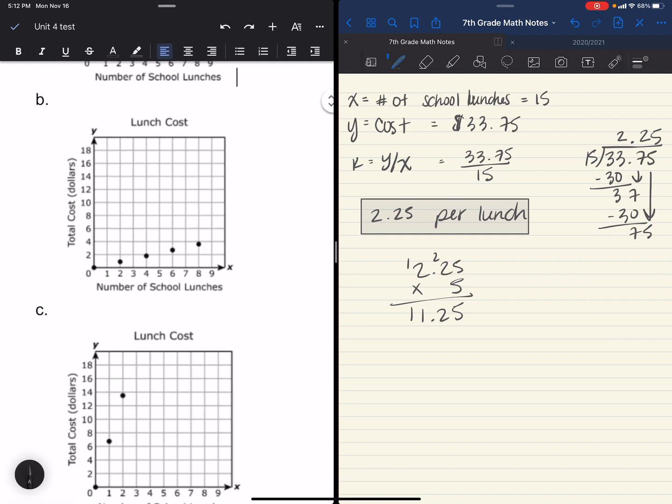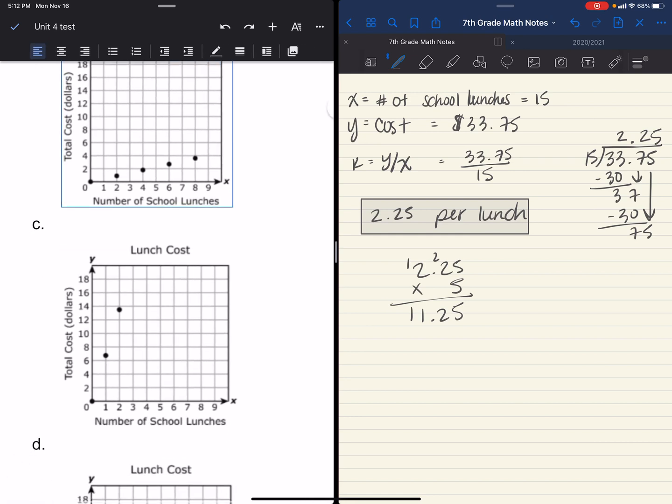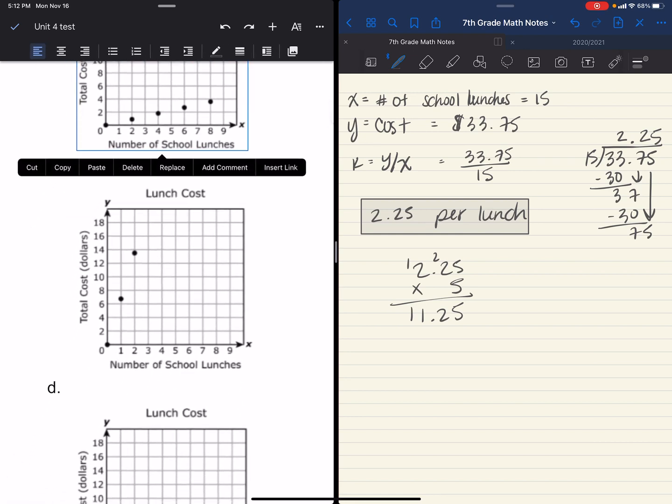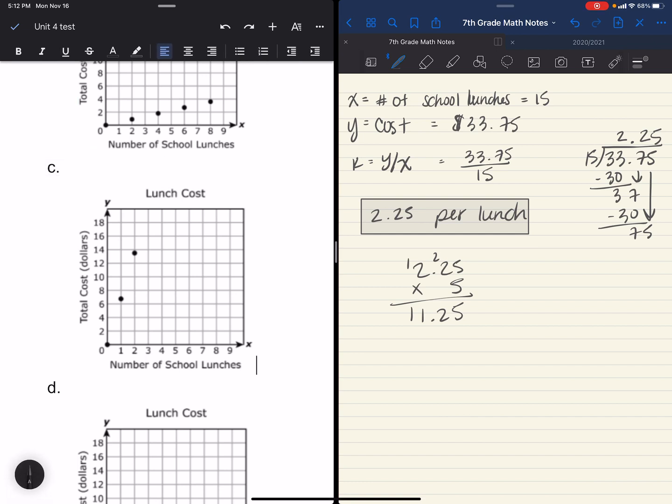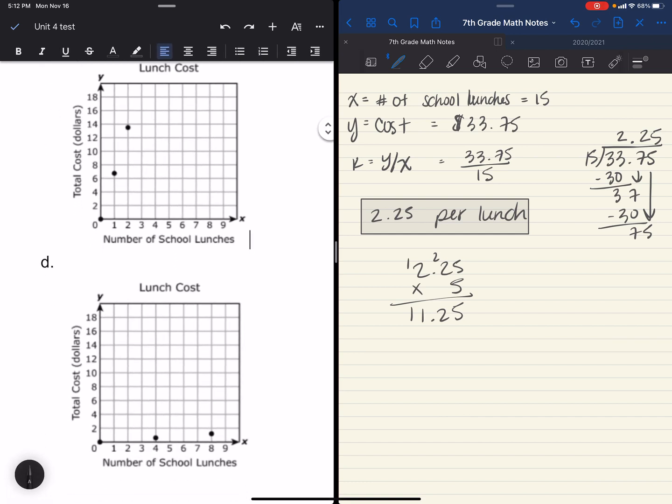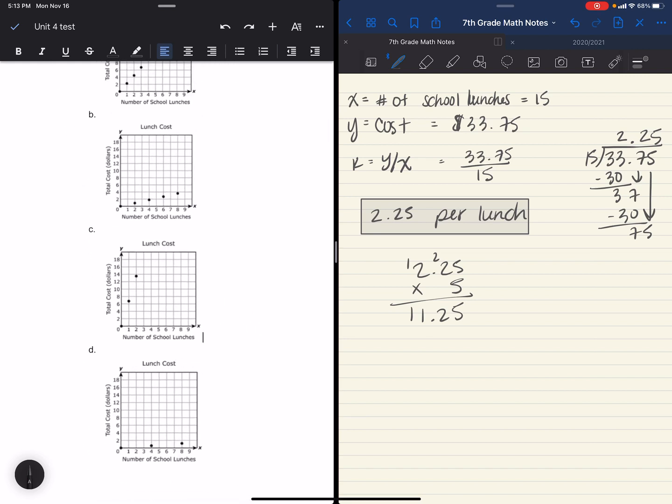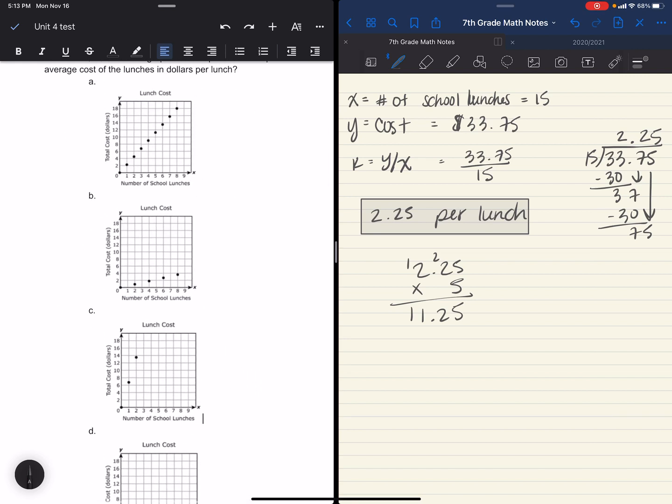Do we see why B cannot be the answer? The cost in dollars is barely increasing as the number of school lunches is increasing. And we see that C is a silly answer. And so is D. You see there's only 2 points on each one of those graphs? There's no way that could be a constant of proportionality,